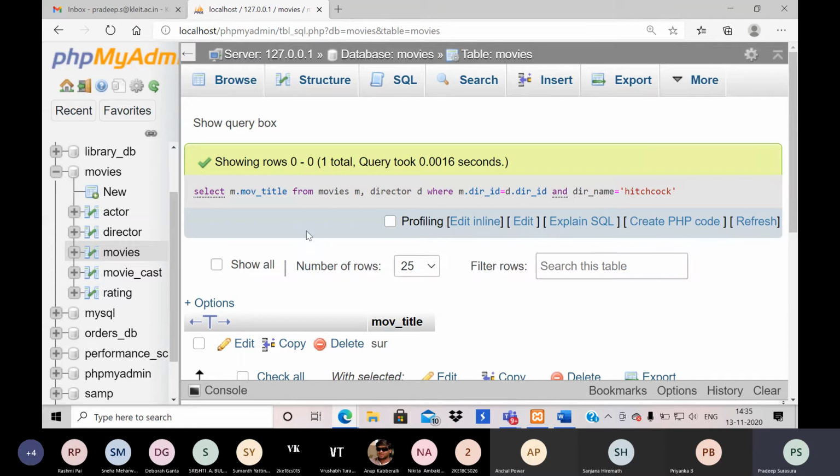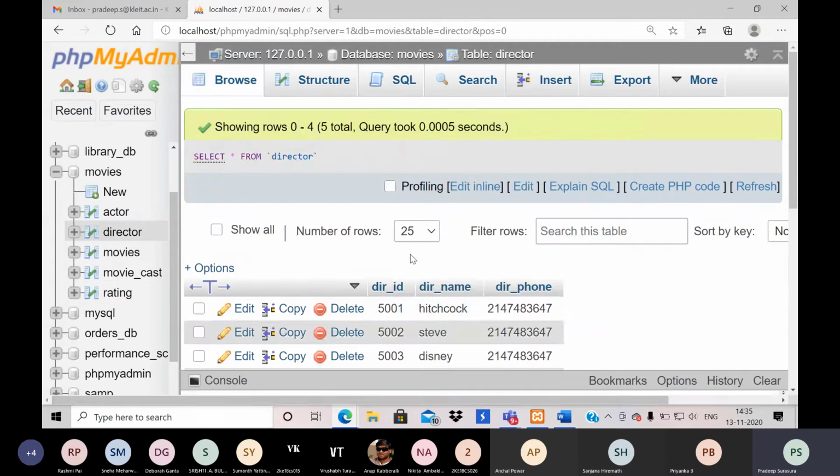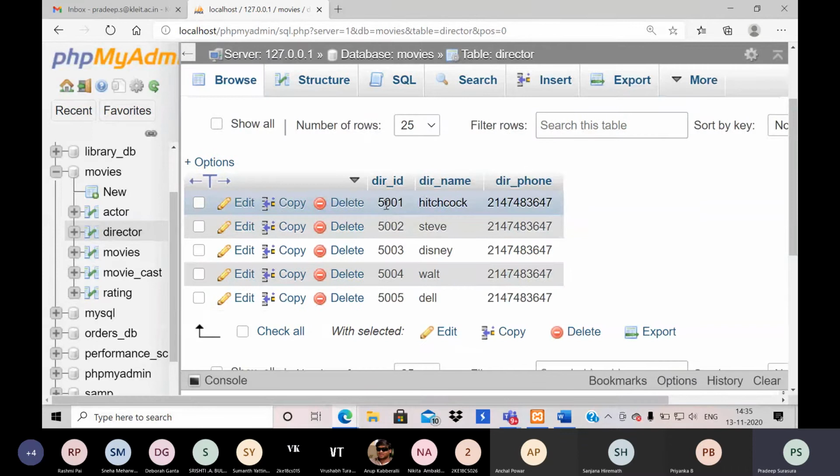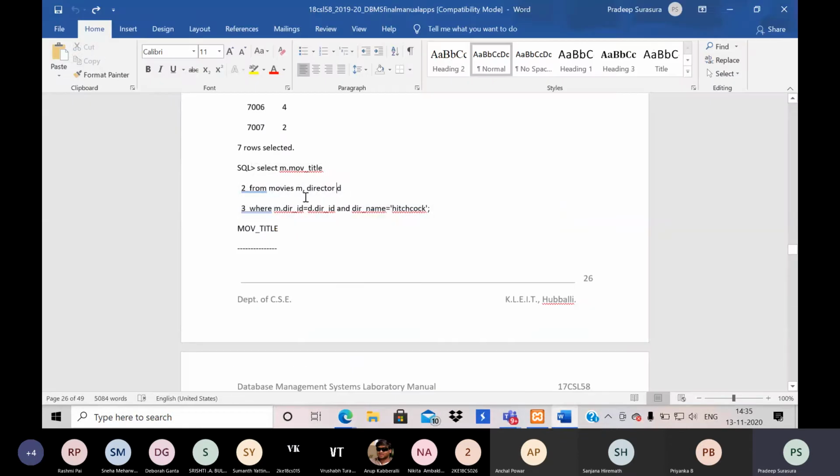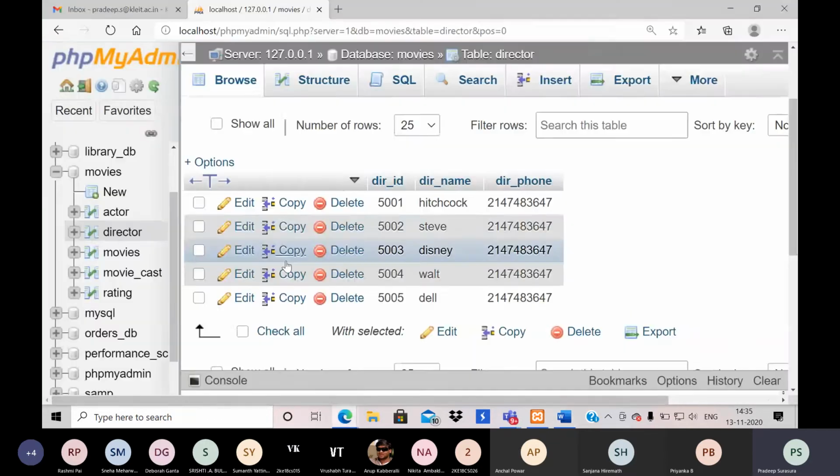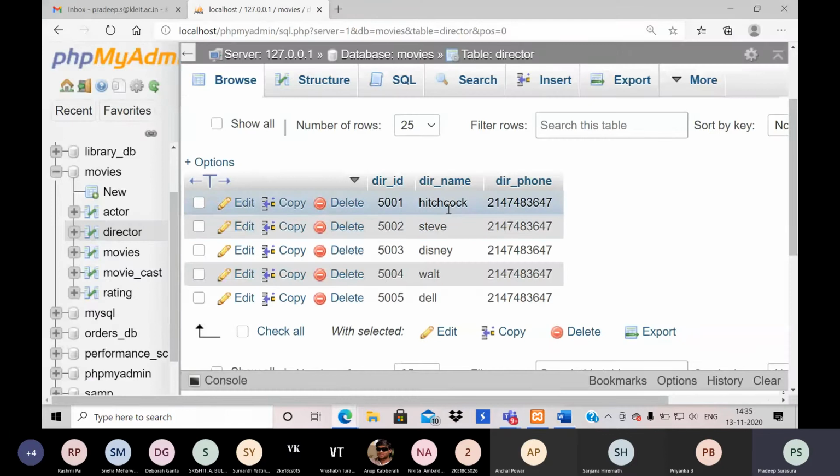Okay, I am not getting any result for this. Let me check back. So director Hitchcock ID is 50501. So I have to display. Okay. So this is the value here.